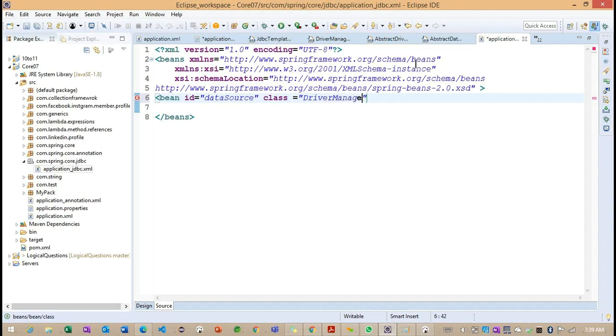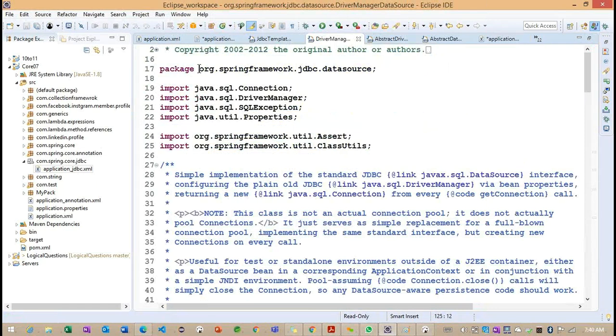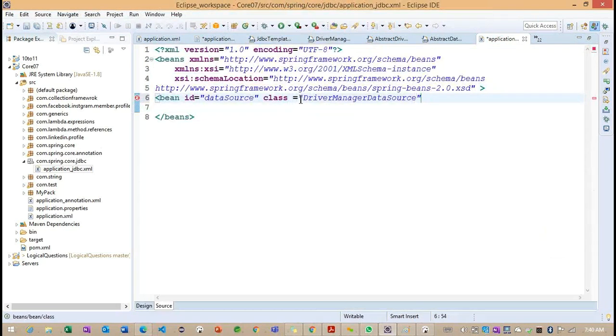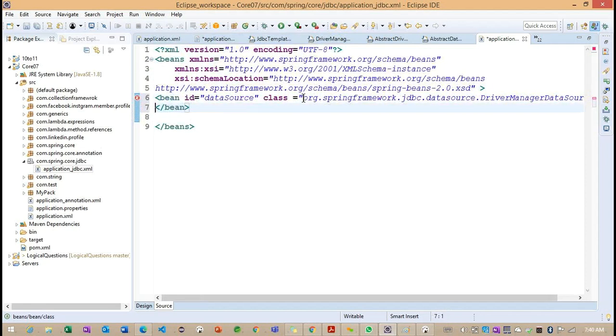The class called DriverManagerDataSource. Which package is it coming from? Because we need to provide the fully qualified name. So this is the name of our package. Here we provide the class information with the package. Right, now we provided the DriverManagerDataSource class.